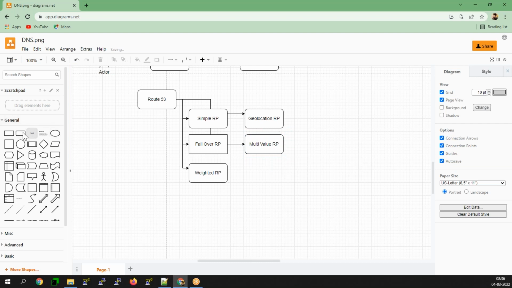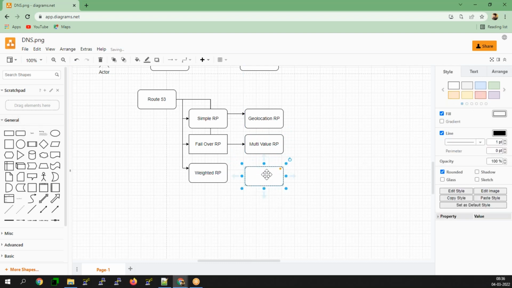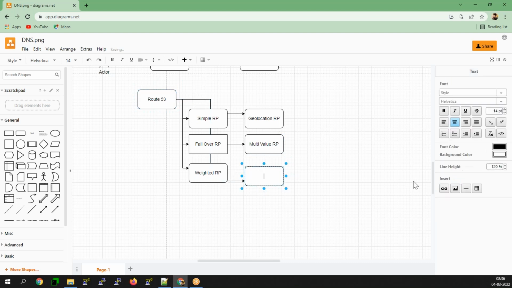And also you have the latency routing policy. Geolocation routing policy, failover routing policy, multi-value routing policy, weighted routing policy, and latency routing policy. These are the 6 main important things that you are using here.